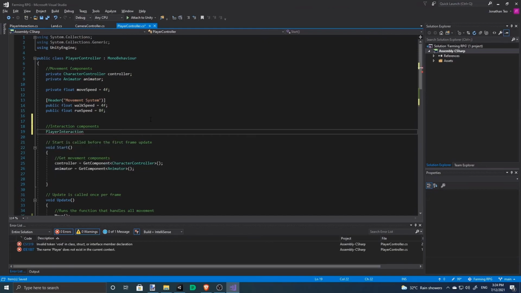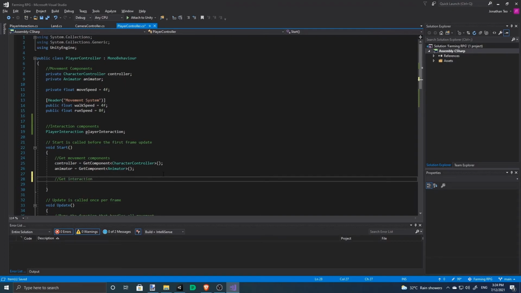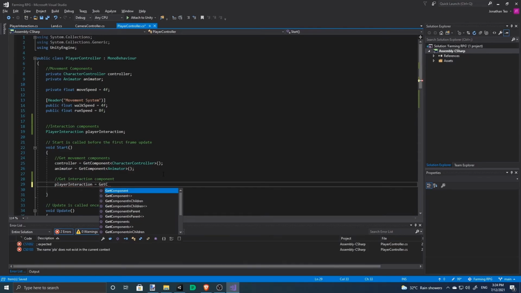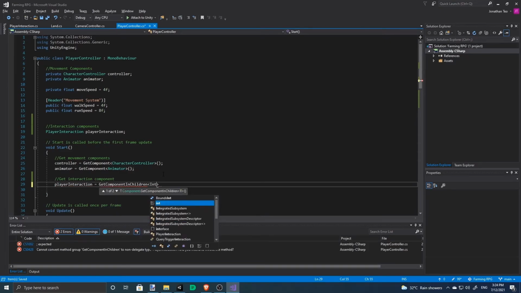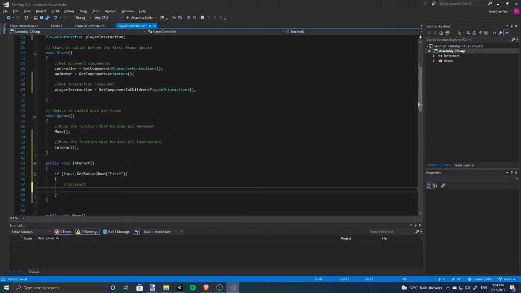Player interact. So since this is in the child object of this game object, we get the component in children.